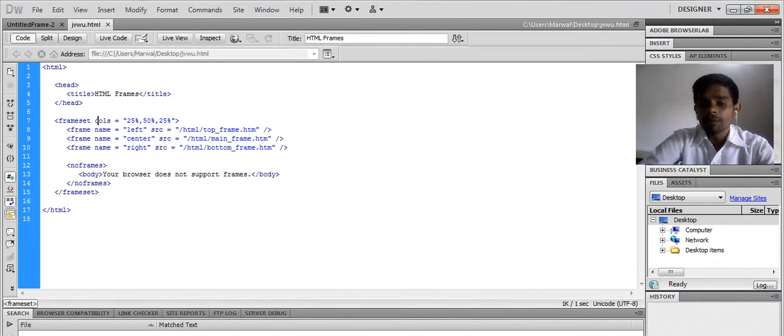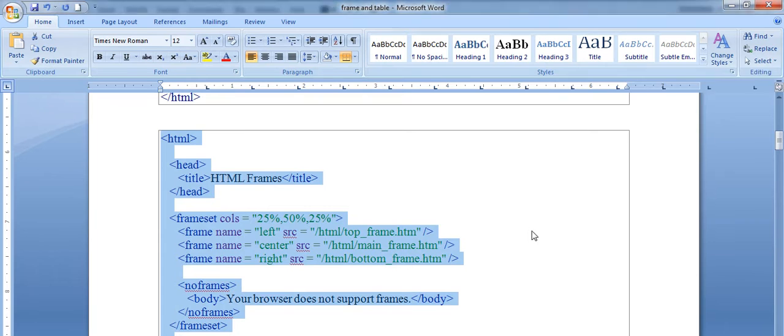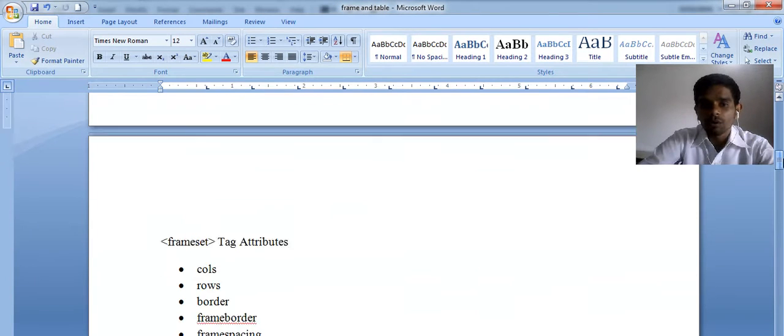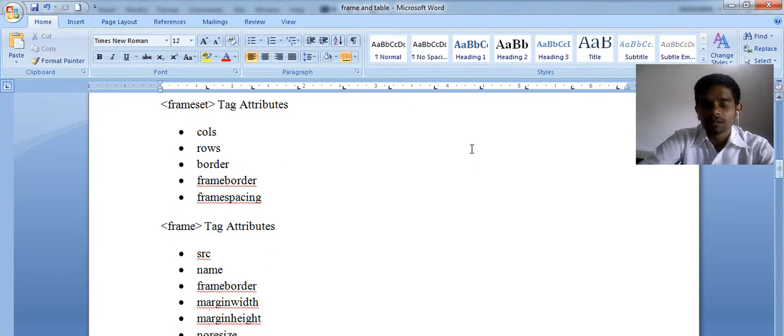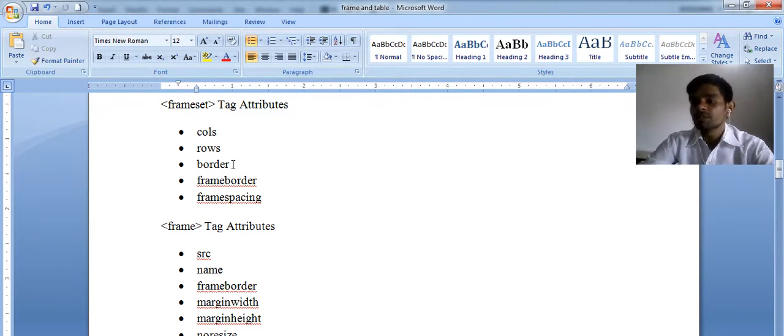And what properties can we use? Properties of frame set: cols for columns, rows for rows. A frame set creates a boundary, so you can use the border property also, frame border also, and frame spacing also. These are the properties of frame set.